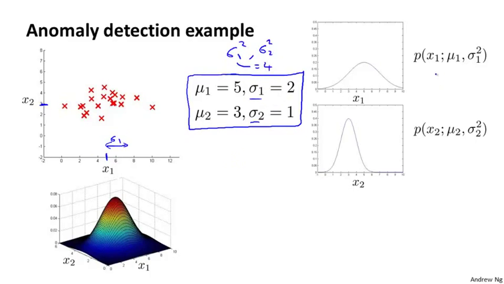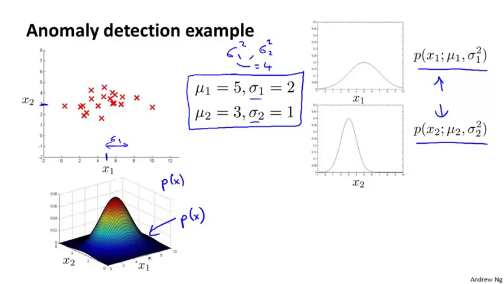And in pictures, p of x1 parameterized by mu1 and sigma squared 1, and p of x2 parameterized by mu2 and sigma squared 2, would look like these two distributions over here. And it turns out that if you were to plot p of x, which is the product of these two things, you can actually get a surface plot that looks like this. So this is a plot of p of x where the height of this surface